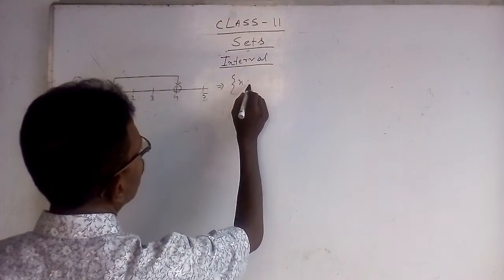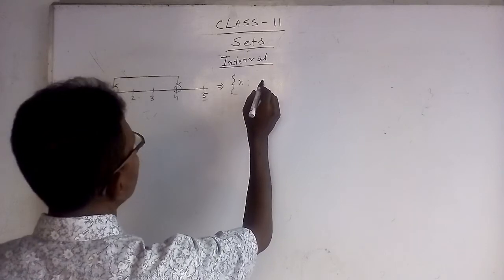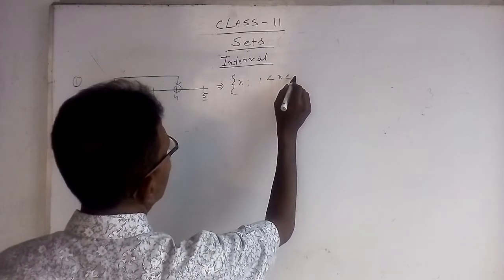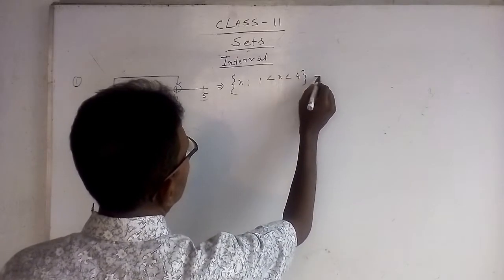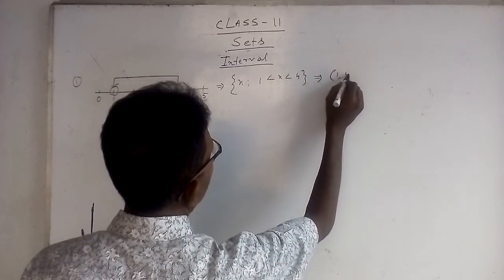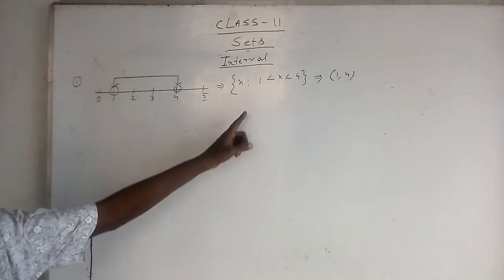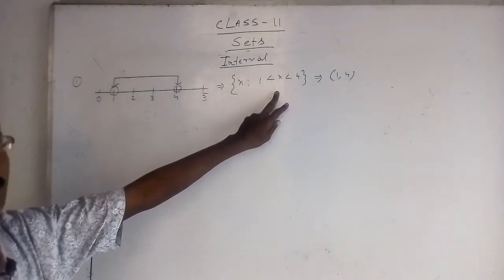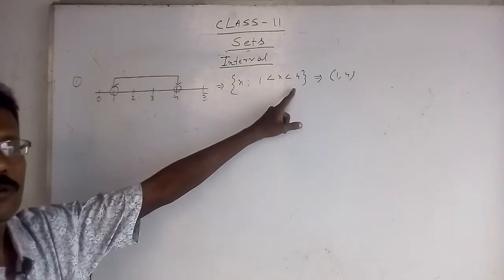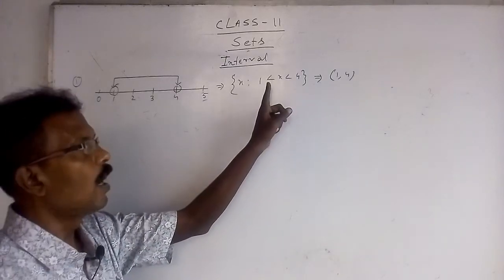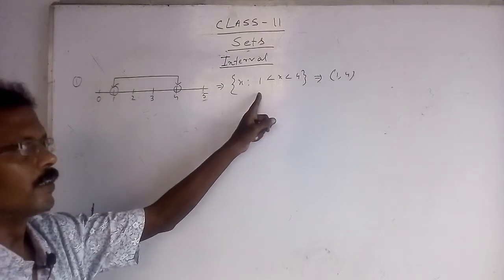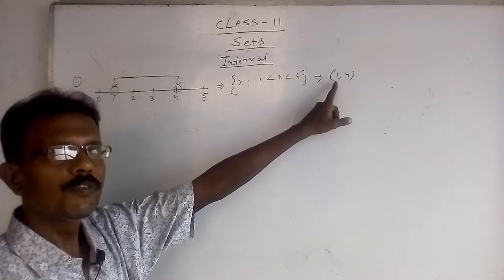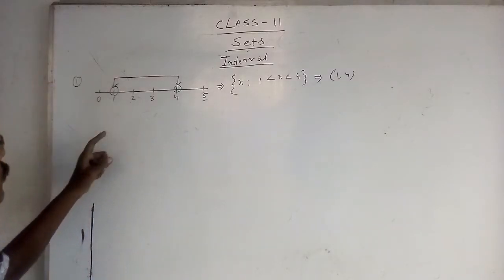{x such that 1 < x < 4}, that is, the open interval (1, 4). Okay, 1 less than x less than 4 is called an open interval. Both boundary numbers 1 and 4 are not included in the set, and it is denoted by (1, 4) within round brackets. Next,